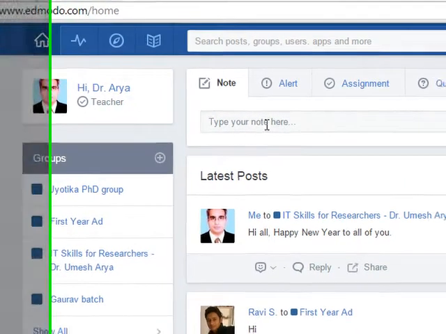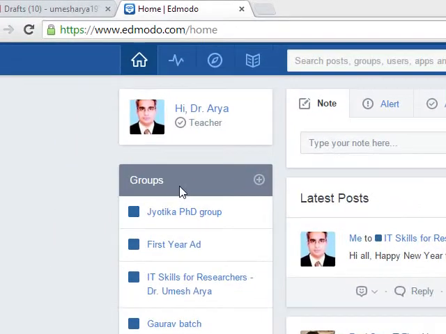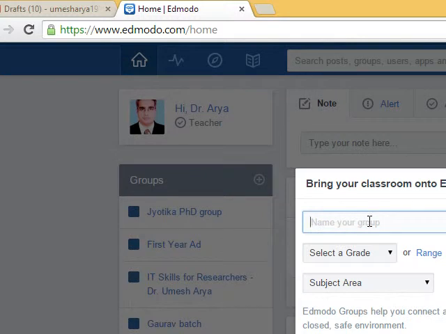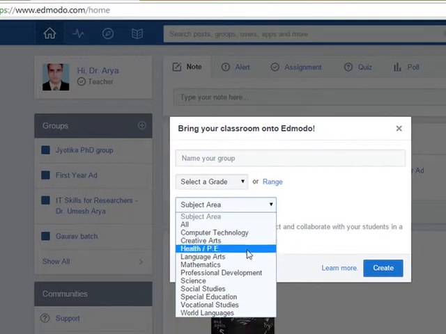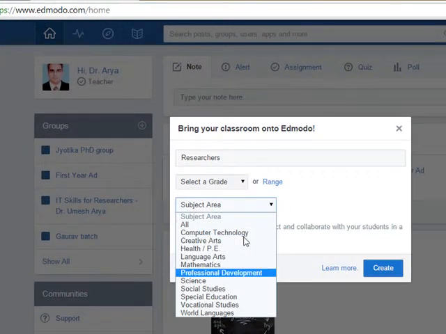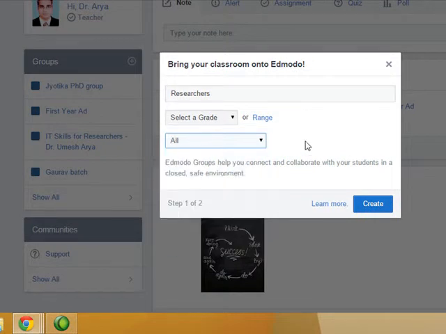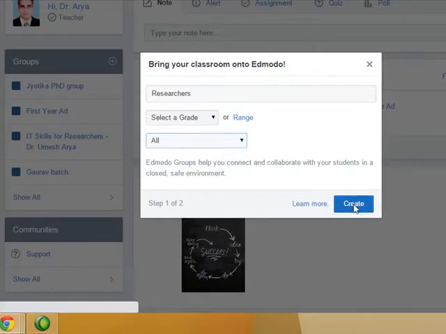The broad idea is that I will make a group of my students here. I will click this and create one group. I will name the group here, and the subject area, suppose researchers, and create.